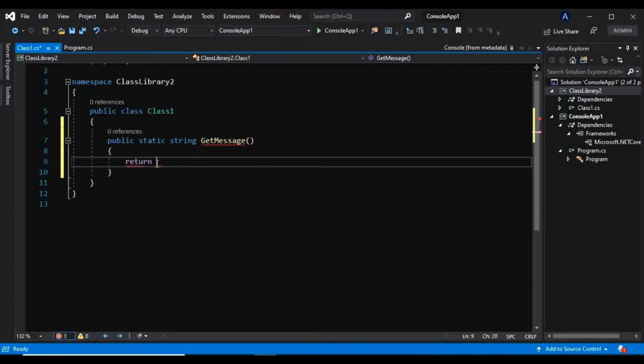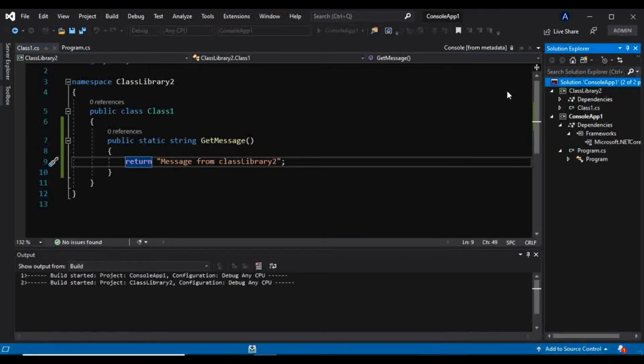A simple message, maybe a message from class library 2. Since the project name is class library 2, that's why I'm using this message, no other reason. So I will save this and build this.